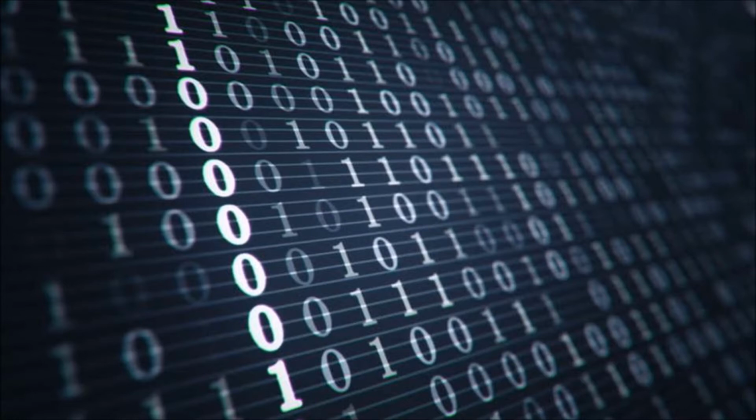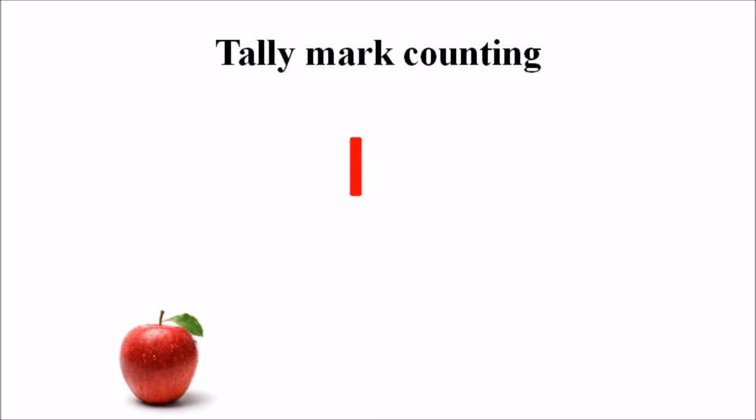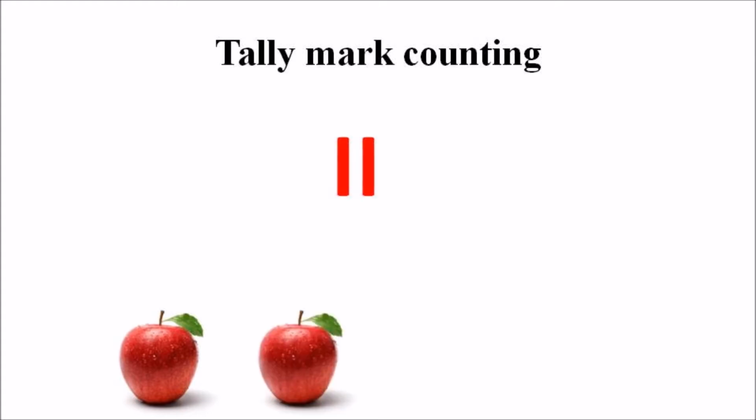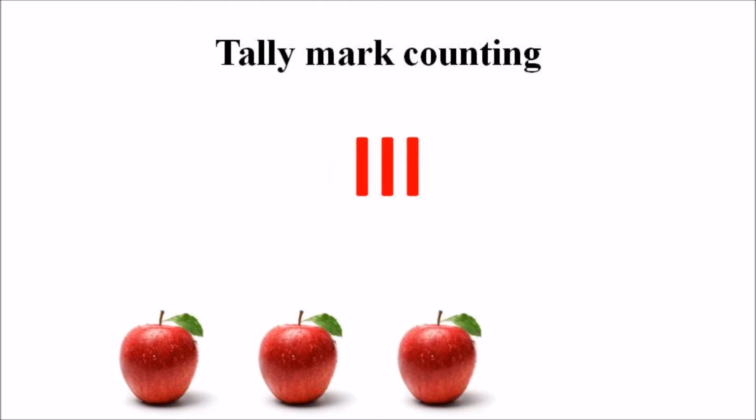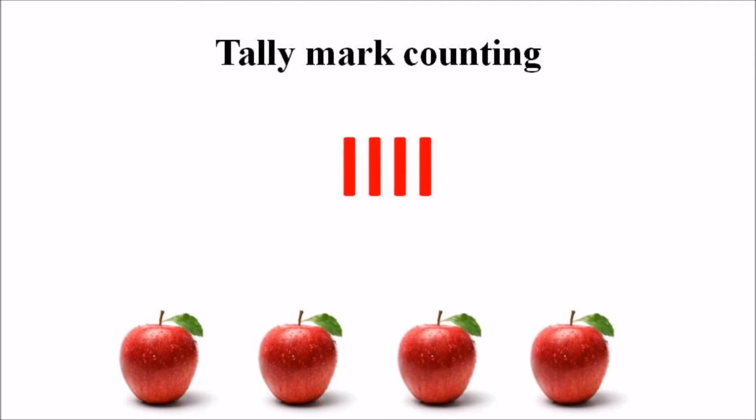As we all know, tally mark counting is one of the commonly used systems in the early stages. In a tally mark counting system, a commodity is counted by putting a mark against a particular commodity. When the second commodity is reached, we put another mark. On the reach of the third commodity, we put the third mark. And if another commodity is met, we put another mark. So this marking system, or tally mark counting, was one of the earliest methods of counting available.